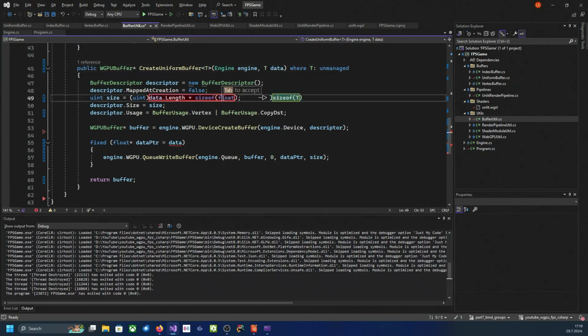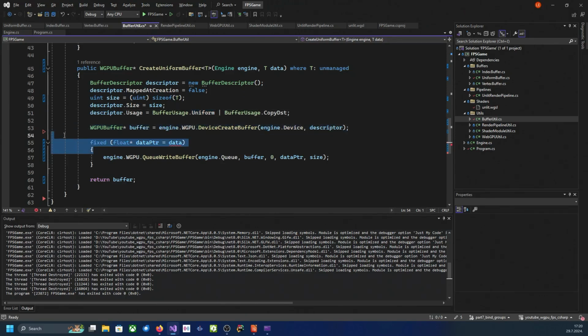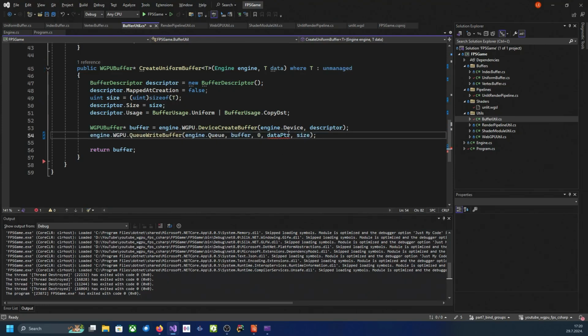Here it's size of T. We don't care about this. Application type is uniform, and then here we can just pass the data in. I guess we don't need this pointer because T is already an unmanaged type, so we could just say data here,